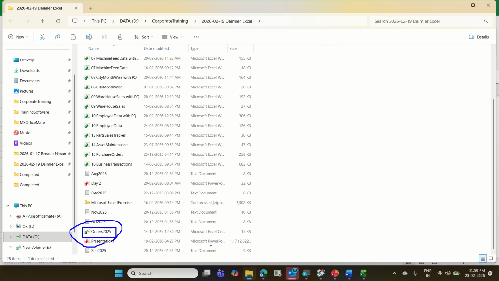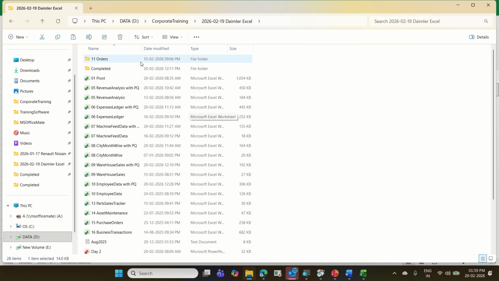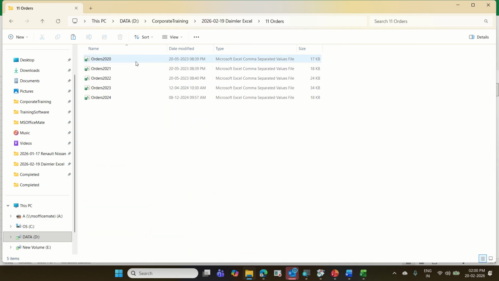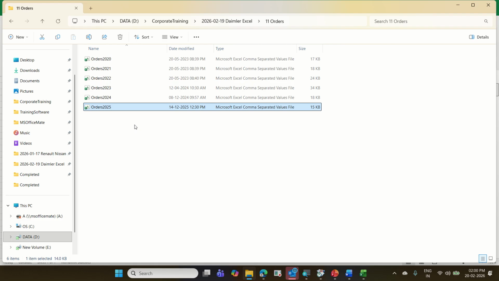Now, this order 2025. Assume I have downloaded this today. Cut this file. Cut or copy. I'm cutting this file, and I'll go to that folder where we already have those 5 files. I cut the file and paste it here. Now, after pasting it,